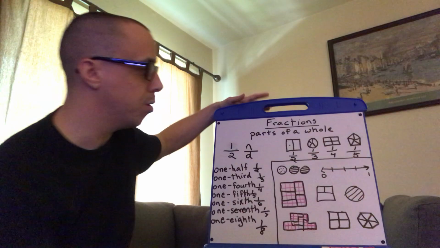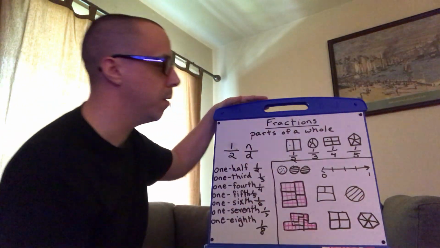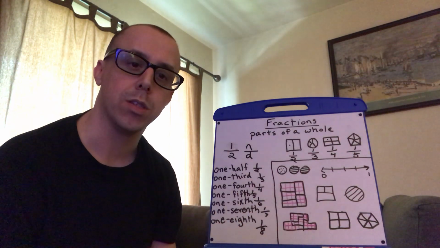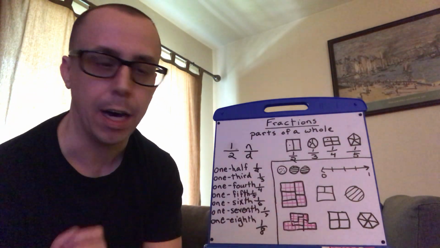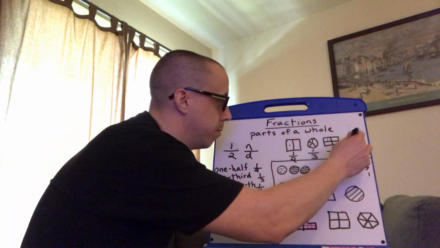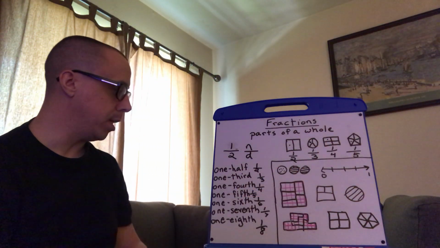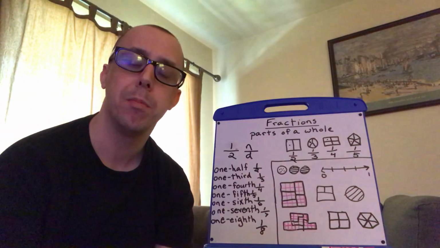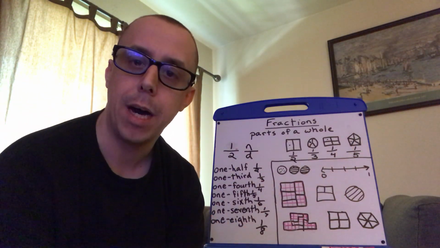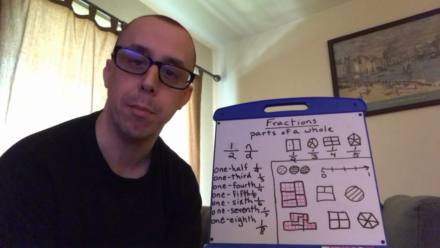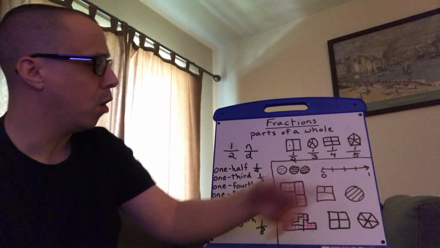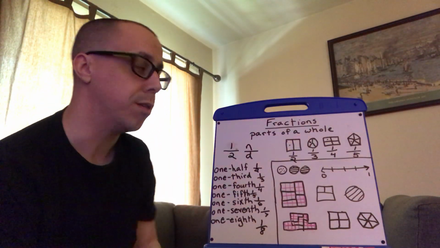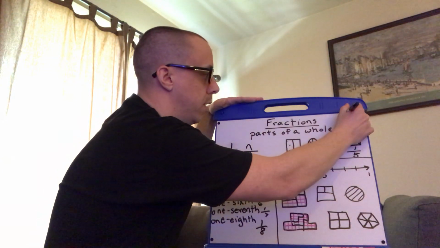Here we have 1/4. We're only talking about one out of the four. And here we're talking about 1/5. We're just discussing one out of those five shapes. Okay, so these are unit fractions. The unit fractions always have a 1 on top, and then the denominator, the number on the bottom, discusses the total number. Okay? If we kept going and kept dividing shapes into the unit fraction, if I did 1/6 here,